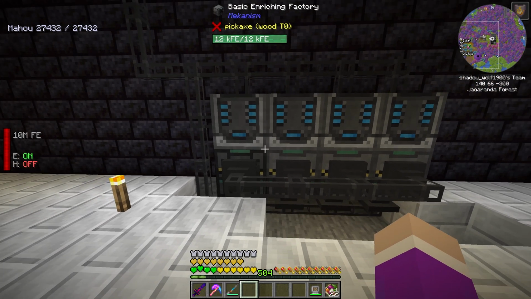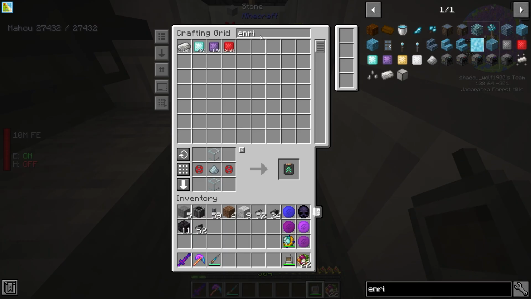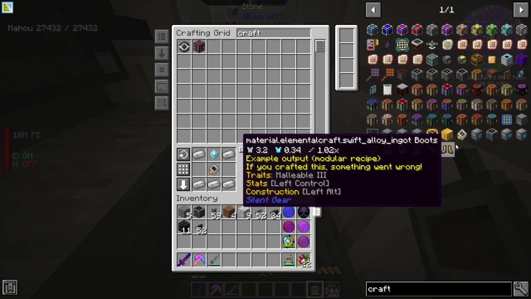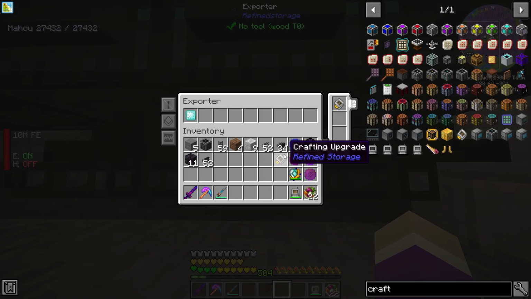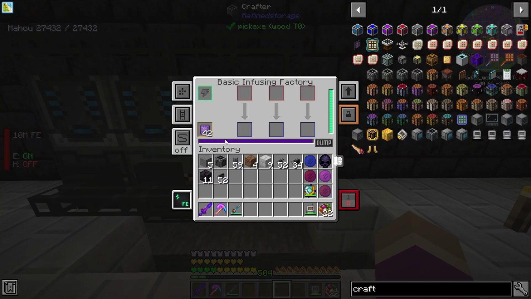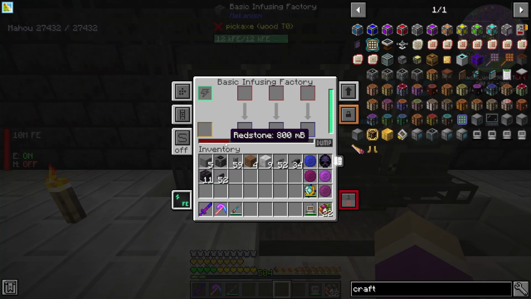Pretty simple. But because we need to always have enriched redstone in here, we need to set up a crafter, so a crafting upgrade. So if we grab ourselves 3 of these, why am I always out of crafting tables? There we go. So we grab ourselves 3 of these, and we stick 1 crafter upgrade in each one. This will always make sure that we always have our processing area always full. So as you can see, it is going to slowly craft redstone out and store it